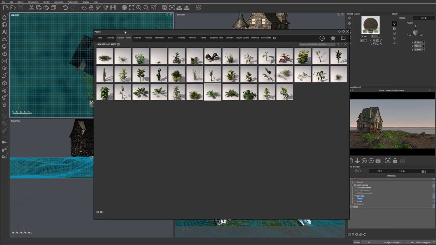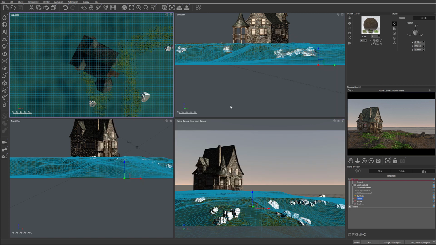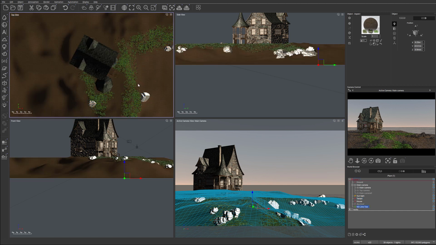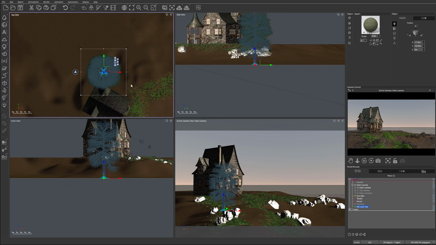Again, we'll open, and we'll select a single plant. So I'm going inside the trees, and we'll use different coloring because I want to bring colors to this. We'll just start with a lime tree, and it should place it in the middle for us. We'll just take and move this to the back